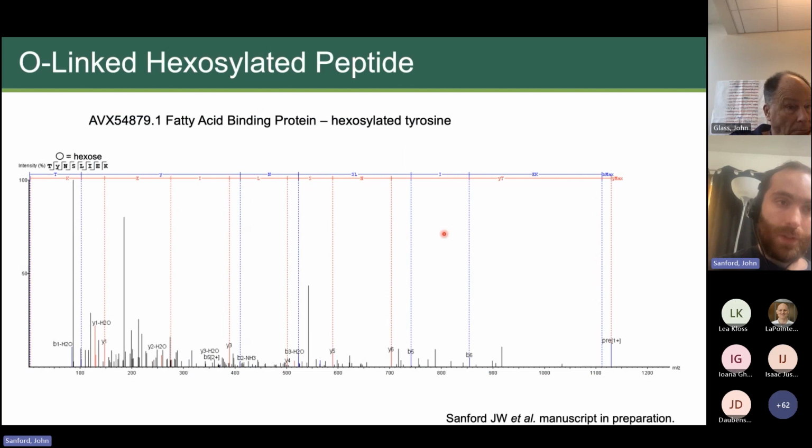So this first system right here is an O-linked hexosylated peptide from a protein that's annotated as a fatty acid binding protein. Here's the accession number. And this tyrosine residue right here has been hexosylated on this particular peptide. We note that by the 162.02 Dalton shift, or 0.05, sorry, need to finish my coffee. But with that corresponding mass shift, that's an indication of a hexose being attached to it. That could be a wide range of different hexoses like glucose, mannose, or galactose most likely, but we're doing more